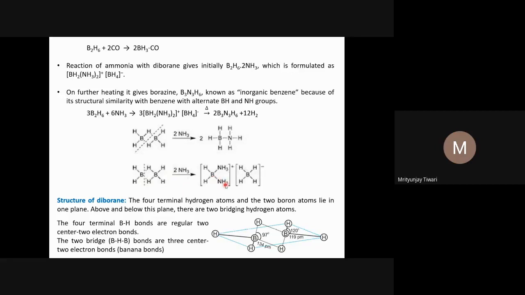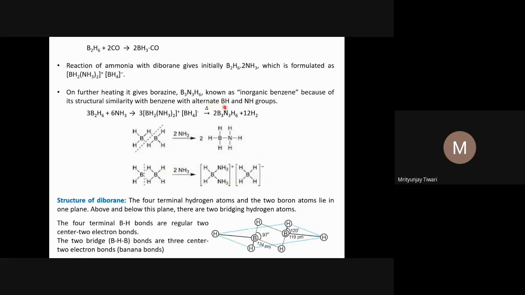Why will there be a plus charge on this? Because of the ammonia, the nitrogen will have a plus charge, and here this is BH3, it will have a negative charge. This I am saying is similar to this structure, and on further heating it will form the borazine,